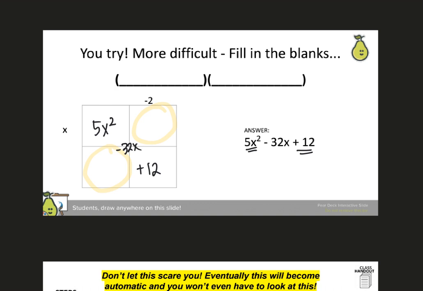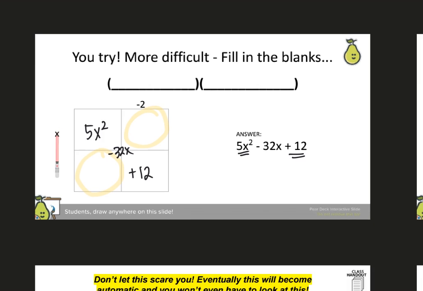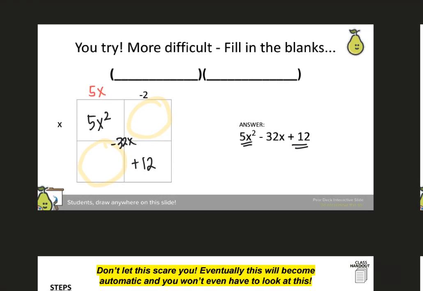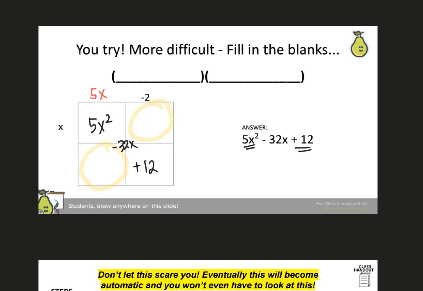And then we can kind of work backwards from here because we see some of the outside is filled in. So if this over here has to be x, we know that this, in order to make 5x squared, would have to be 5x. If this is a negative 2, then we know that this would have to be negative 2x. And now that we know that this is 5x,